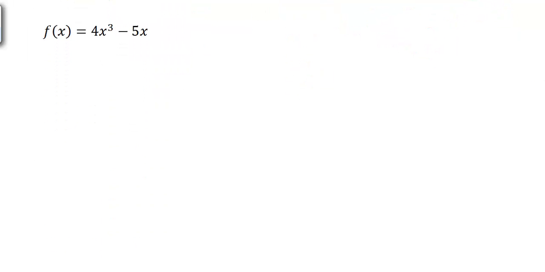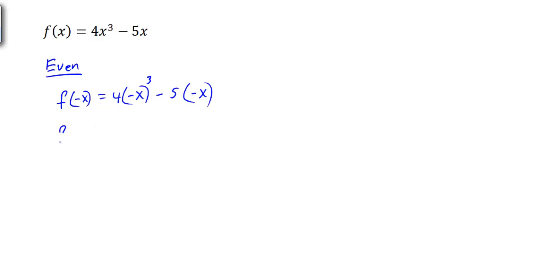All right, the next example here we have f of x equals 4x cubed minus 5x. So if we want to test to see if this function is even, we need to first find f of -x. And I'm going to take this and plug -x in for x, so we would have 4 times a -x cubed minus 5 times